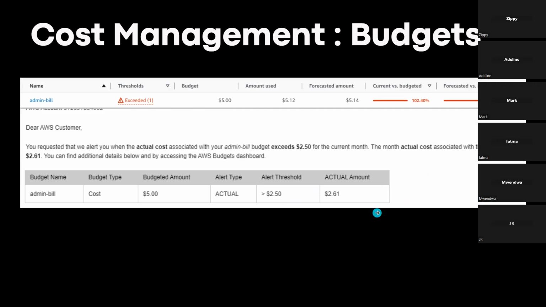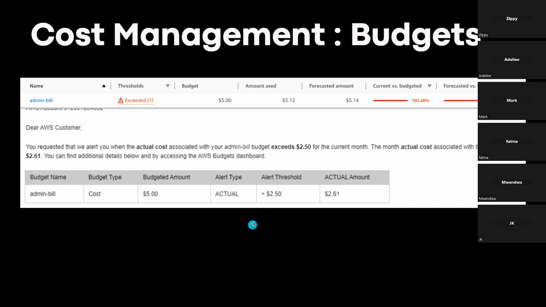So the other aspect of this is, notice this bit here that says the alert type. There are two types of alerts that you can set up for your budgets. One is, as you can see here, based on your actual spend, and the other is based on forecasted spend.